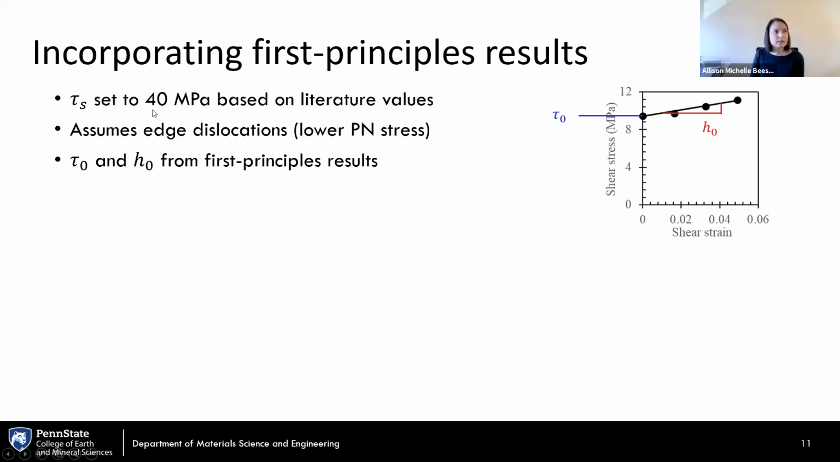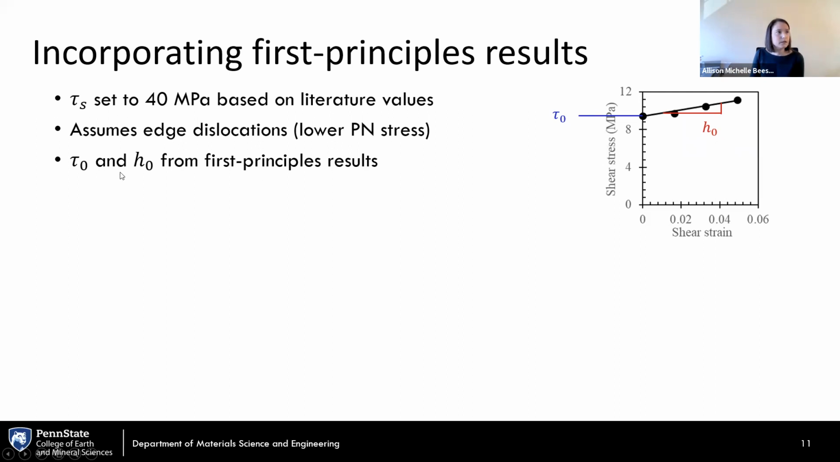And for tau S, we set this to 40 megapascal. So again, that's a saturation value. That's obviously not something we can get from DFT-based calculations. So we took a value from literature, but these two are coming directly from first principles. We assumed edge dislocations, which was from that previous Peierls-Nabarro stress calculation, the lower, that's going to be our lower